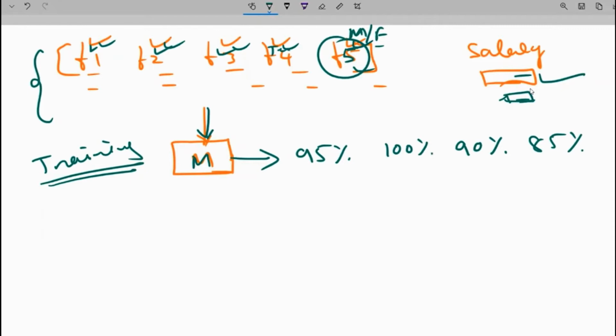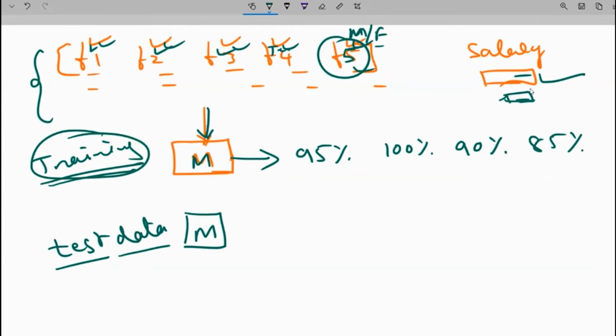But this type of model is going to fail when I pass test data. It is simply because the data in the testing data set may not be available in the training data set. And if it is not available, what is going to happen? My model has not seen such data during a training phase, and it will think, okay, this kind of data I have not seen during a training phase, so it will start guessing randomly,